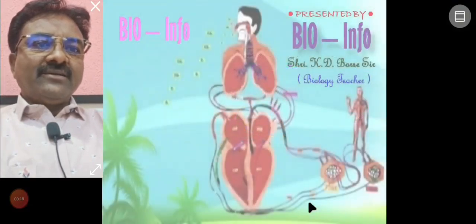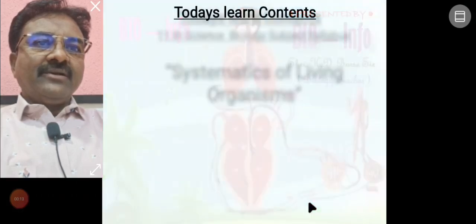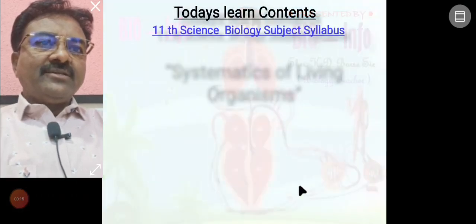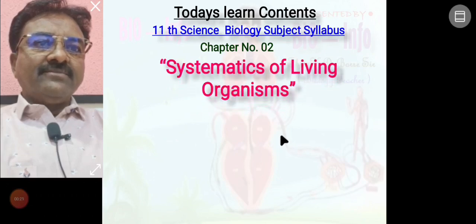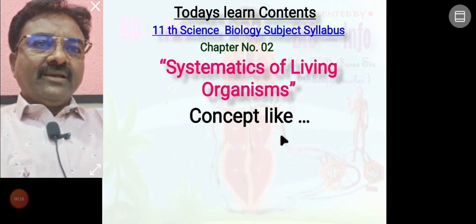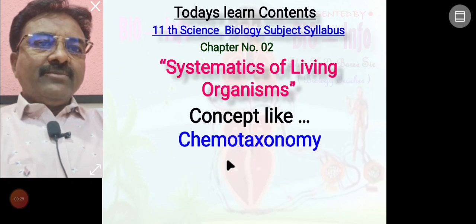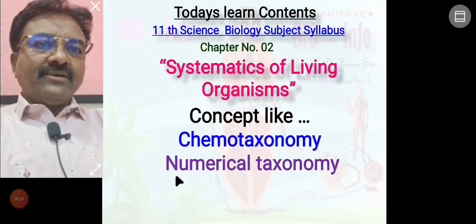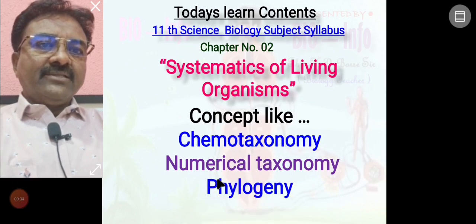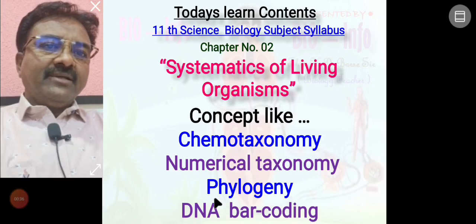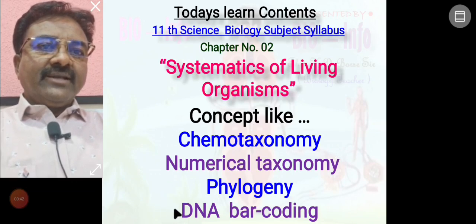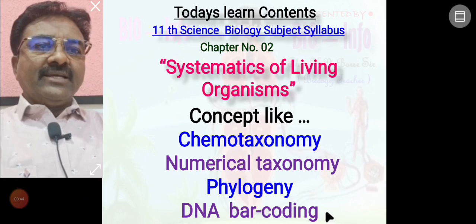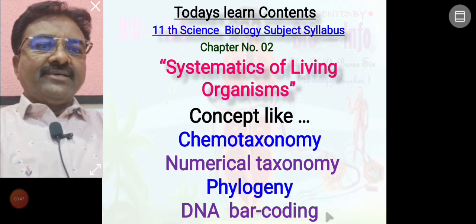Biology subject teacher. Today we are going to learn the 11th science biology syllabus, chapter number 2, Systematics of Living Organisms. This chapter contains some concepts we will study today: chemotaxonomy, numerical taxonomy, phylogeny, and DNA barcoding. All these concepts will be studied in detail in today's lecture. So let us start with today's first concept,